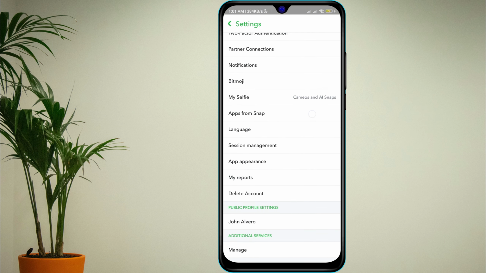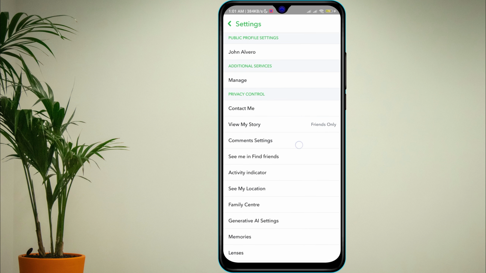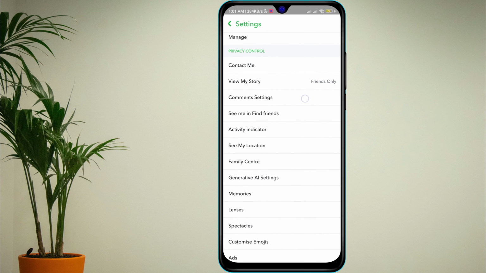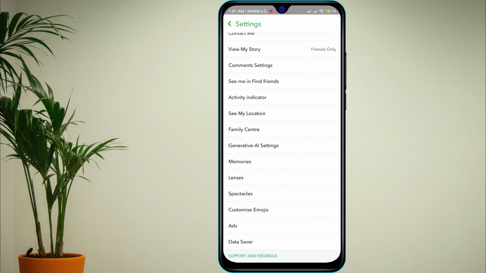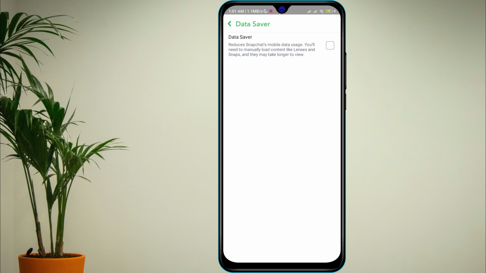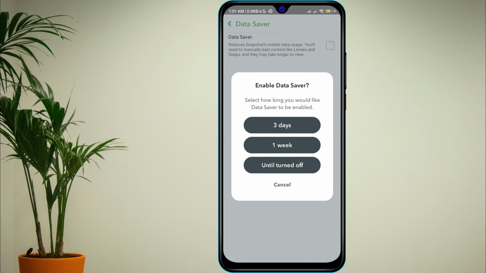Scroll down to find the data saver option under the privacy control section. Tap on data saver and you'll see a toggle to enable or disable it. Turning on data saver will prevent Snapchat from automatically loading snaps, lenses and stories when you are using mobile data. This helps save bandwidth. You can also choose how long data saver stays active, 3 days, 1 week or until